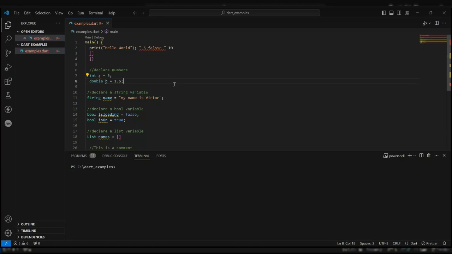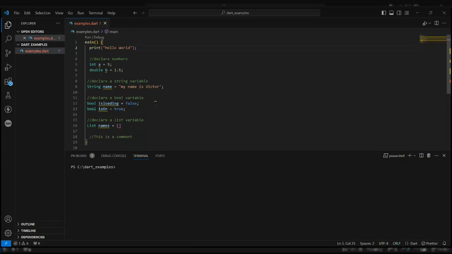All right, so we have different examples of variables and data types here. Let's clean this. All right, like I explained before. So now this main, we have print. These are examples of keywords. So this main is used to enclose